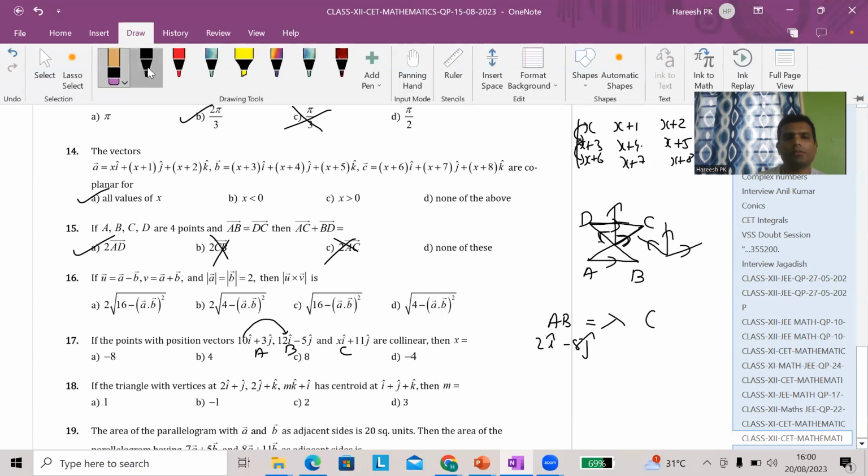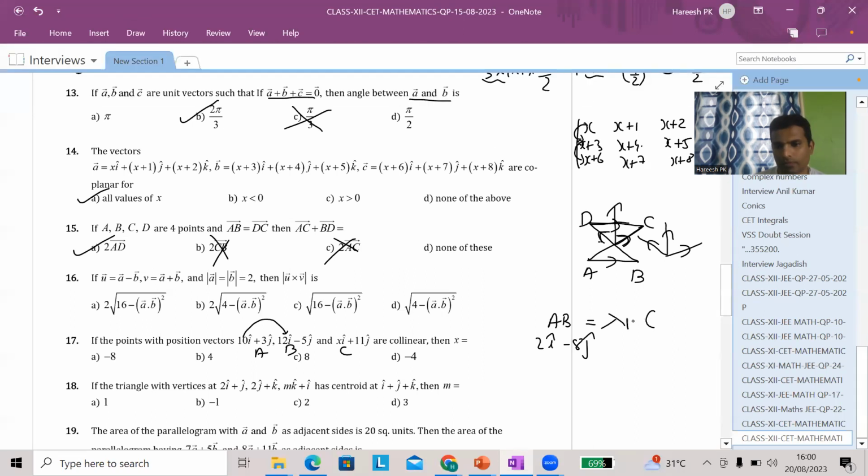So BC will be x minus 12i cap plus 16j cap. So now, if one is lambda times the other, on comparing, it's easy that this by this